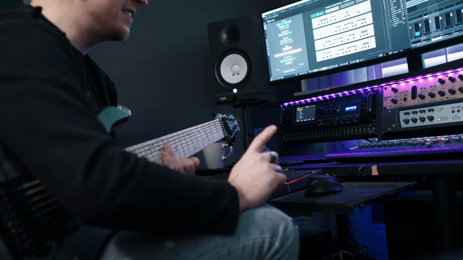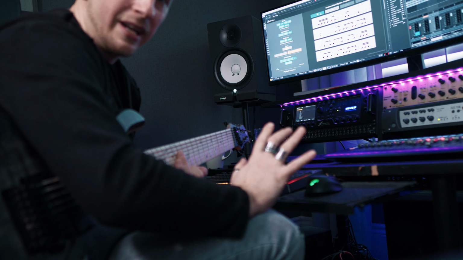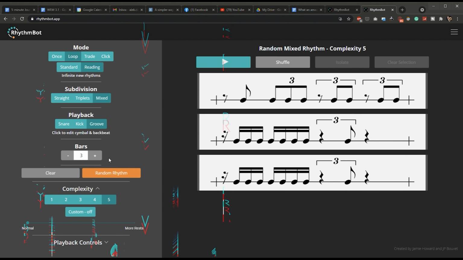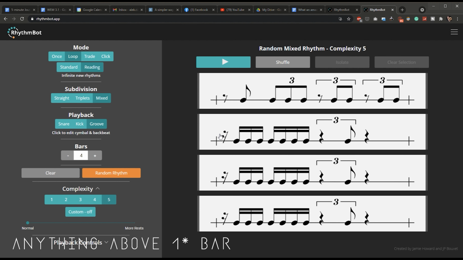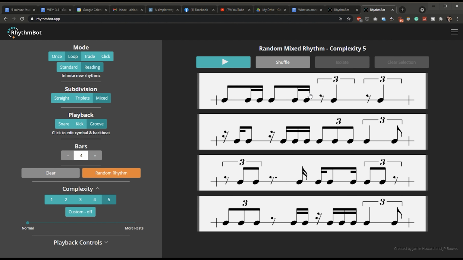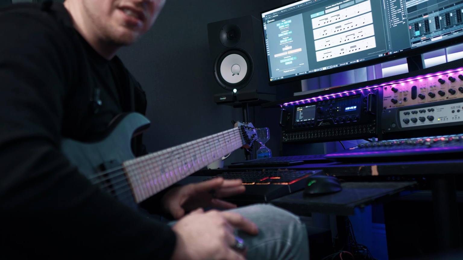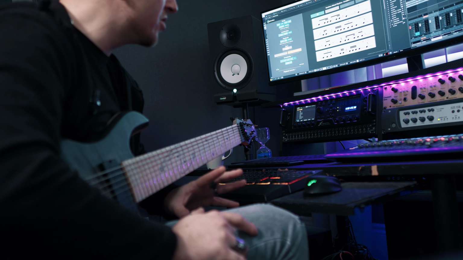To practice sight reading prima vista, which is something I definitely need to get better at, you just select 2 bars or 4 bars, anything above 2 bars, whatever, let's say 4. Hit random rhythm, hit play, and just hack away at it. Bear in mind, this was made for drummers, but I see no reason whatsoever why all musicians wouldn't be able